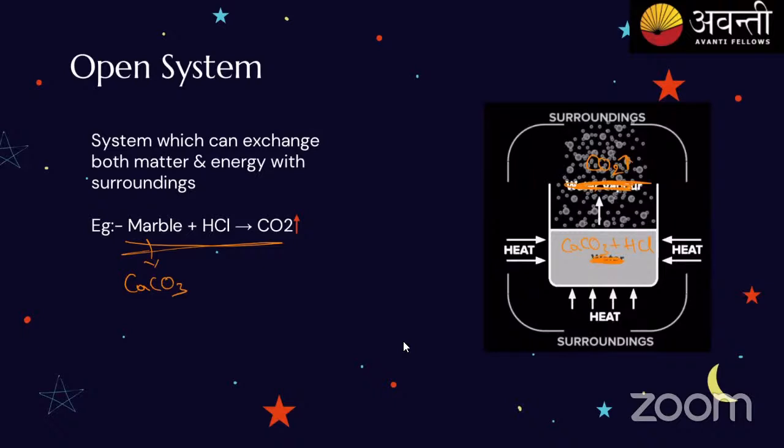Clear. Now, how many of you know pressure cooker? I think you people know pressure cooker, right? Seen any time? Let's say we are considering the pressure cooker before the whistle. The whistle is not going. Then what happens whenever we heat it? In the pressure cooker, the water will boil inside and the vapors will form, and the vapors will again condense and come down. This will be happening, right?